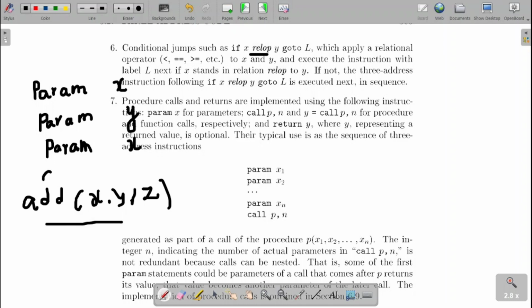Then we make the call. What is the name of the function? Add. How many parameters are there? 3. So this will be the format we use for the function call.